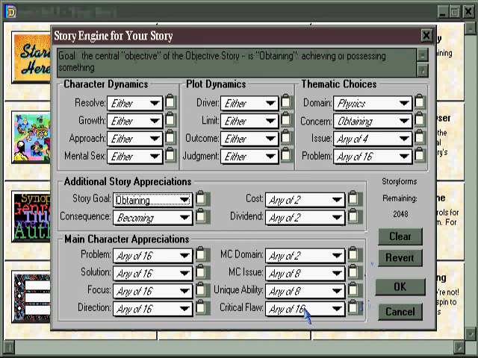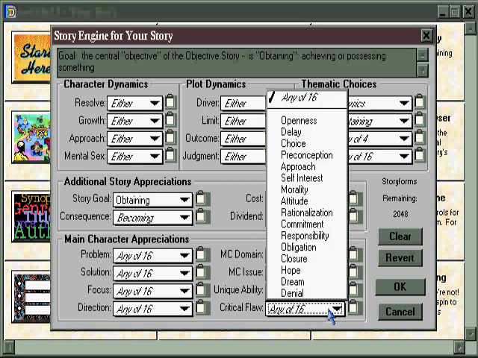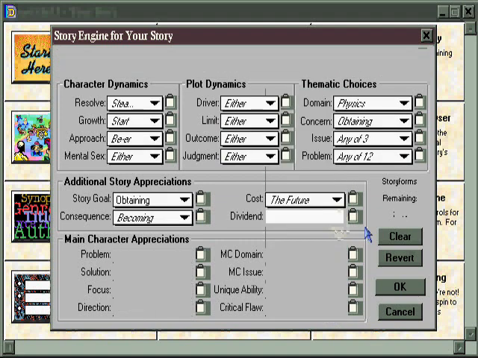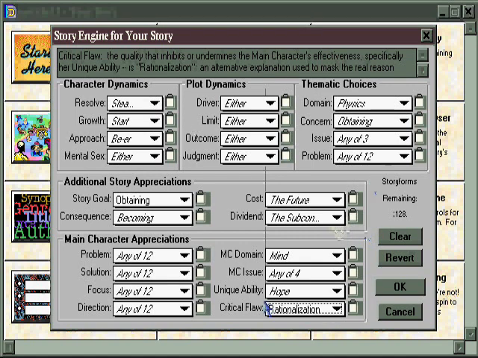picking other items. For example, you can choose the main character's critical flaw that keeps undermining them. Every time they might succeed, it's pulled out from under their feet because of their rationalization. And when you choose this, Dramatica's story engine is now starting to make other dramatic choices for you, like the future. The costs paid along the way to trying to achieve the goal have something to do with the future. Dramatica has calculated this by comparing the story goal of obtaining with a character who has a critical flaw of